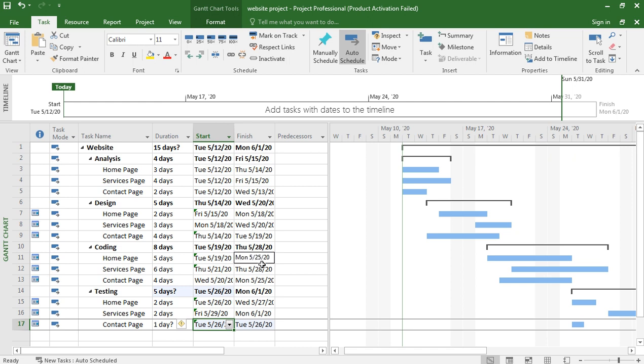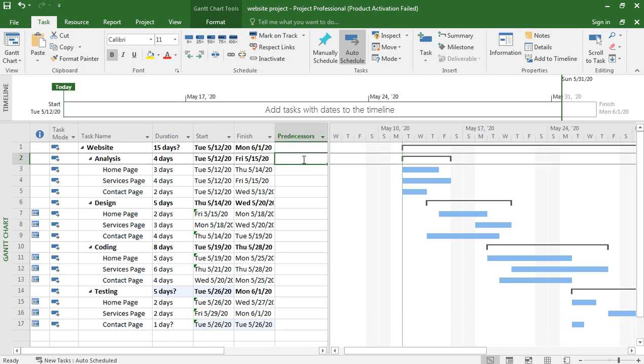The largest date is 5/28/20, then 6/1/20. So we have 6/1/20 as the finish.